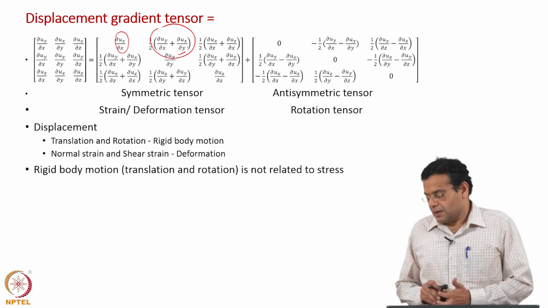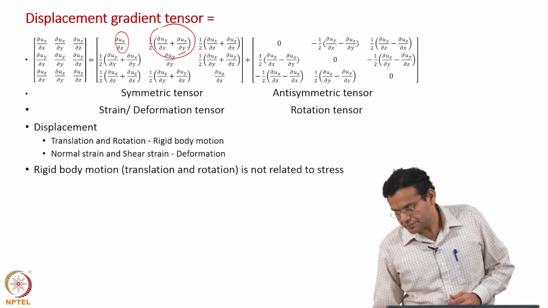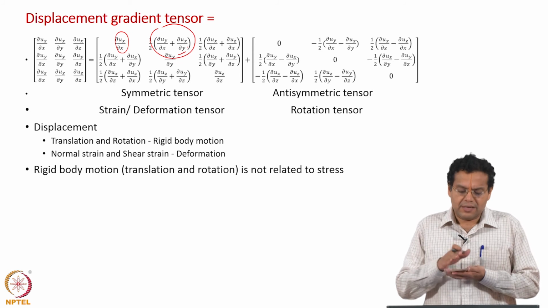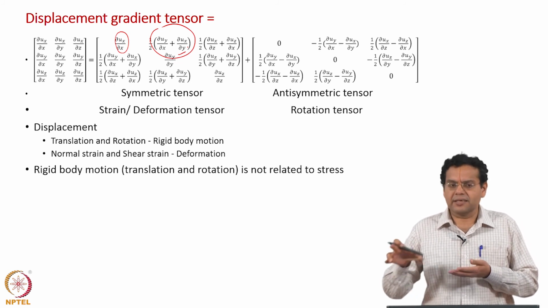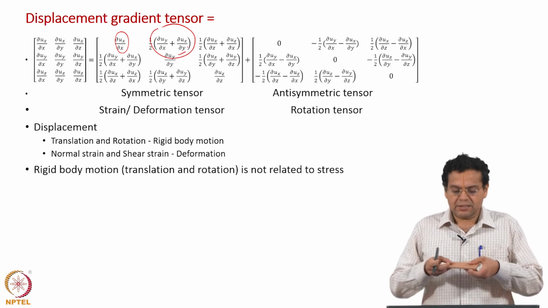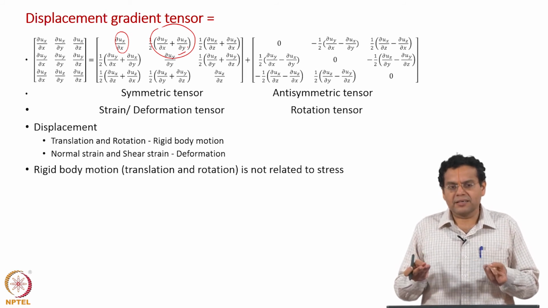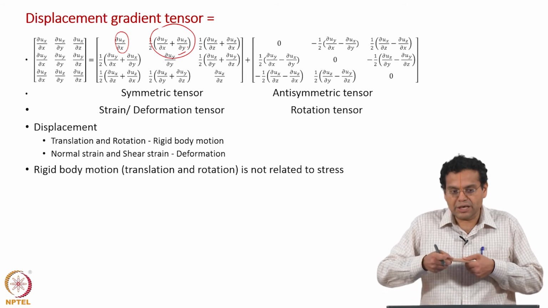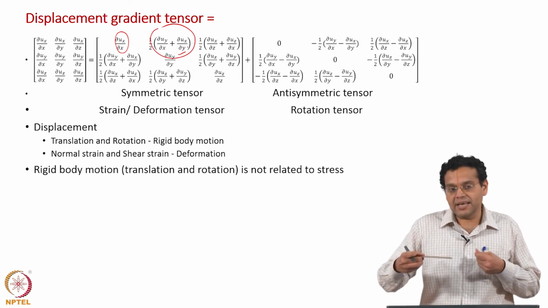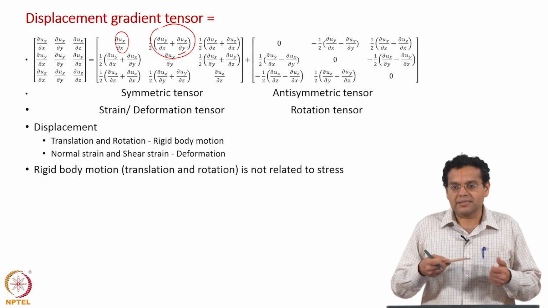Now, if you take a plate and apply a force and let us say it just translates, obviously there will not be any internal stress. If it just rotates, there will not be any internal stress. But now let us say you try to pull, then there is internal stress, which means that there is a change in length, the strain and the stress are related.